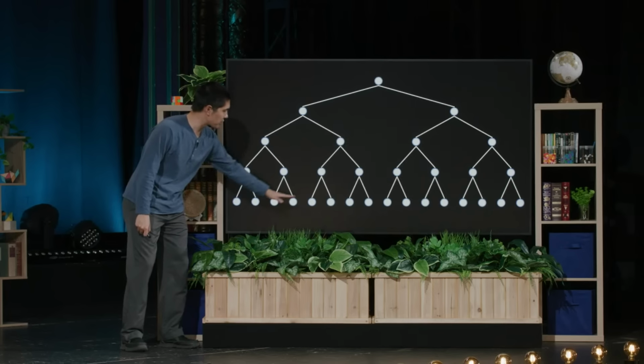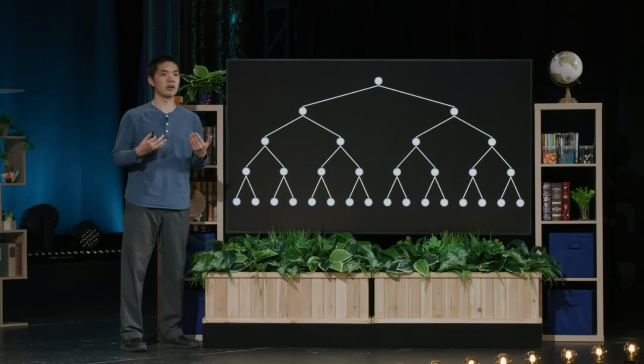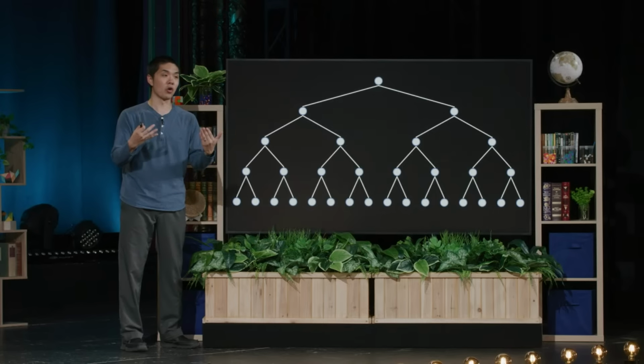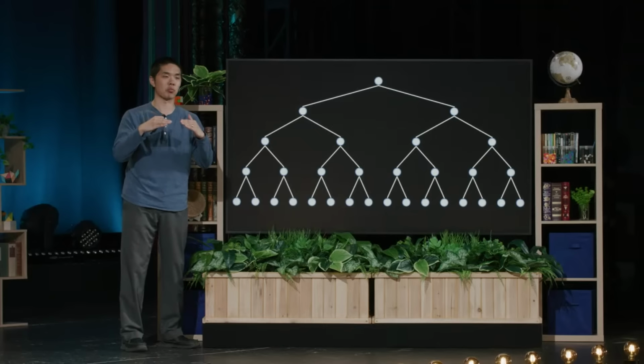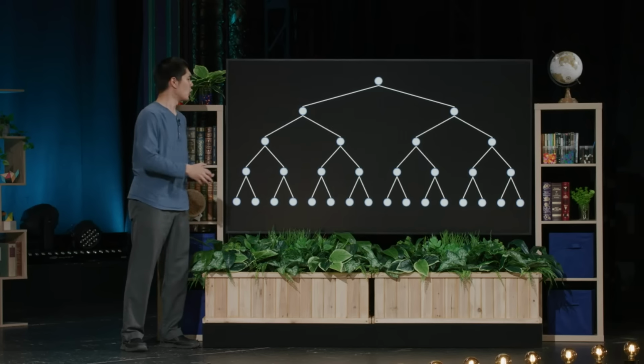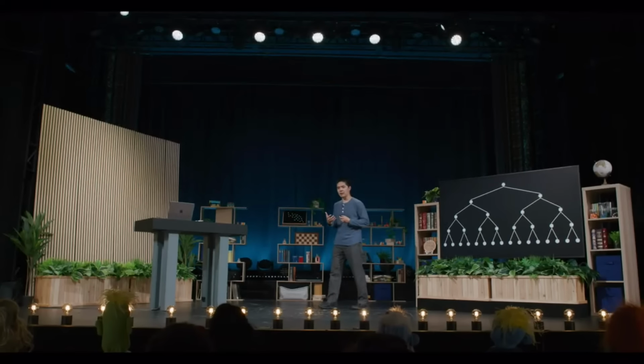odds are most of these nodes are going to represent game states that are not yet finished yet. The game is not yet over. There are more possibilities that we could keep adding, but we've decided to limit our depth. We're not searching all the way to the end of the game. We've got these game states that are in the middle of the game, and we still need to be able to evaluate who do we think is going to win the game, who's doing a better job, so we know which nodes are better than other nodes. In other words, which game states should we try to go towards, and which game states should we try to avoid. We need some way to evaluate these game states to figure out how good or bad they really are.